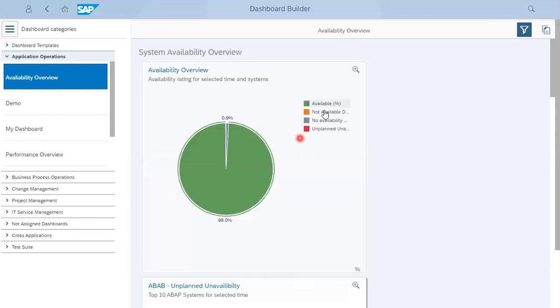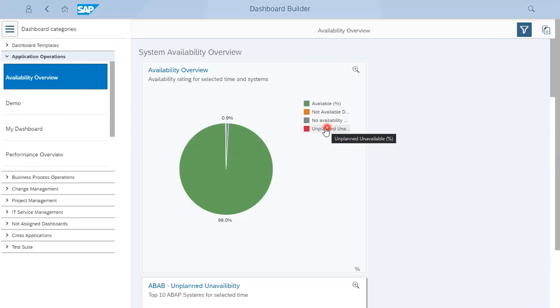Here there are a number of legends. You can see it is available 99%, not available due to planned downtime is approximately zero. No measurement availability means there is a collection issue, and then unplanned.